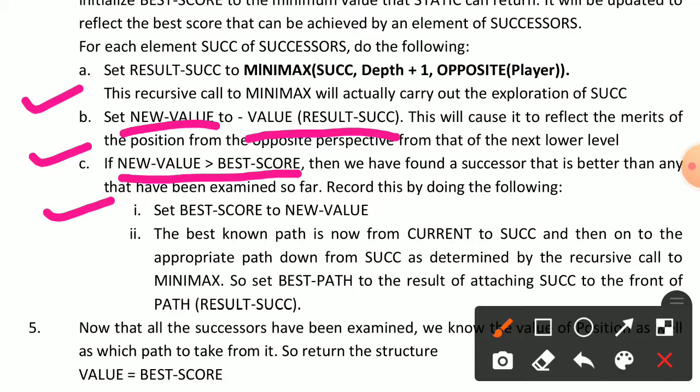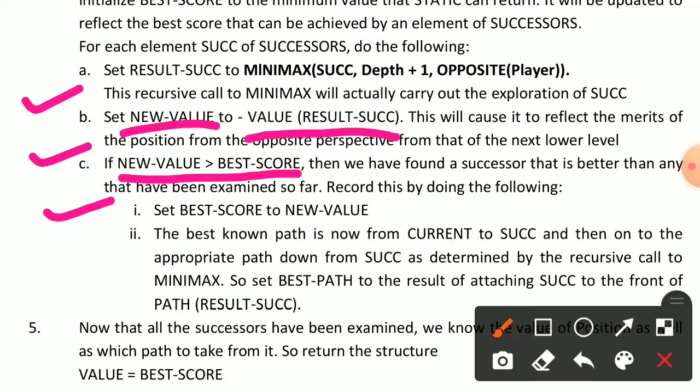Now here we can find out the best known path, starting with the current to successor, and then on to the appropriate path down the successor, determined by the recursive call, and here we can use minimax. Okay, so set best path to the result of attaching successor to the front of path result successor. Now here we can set the best path.